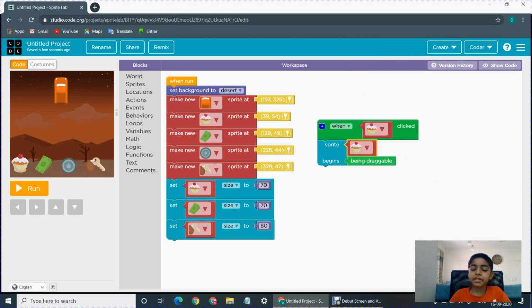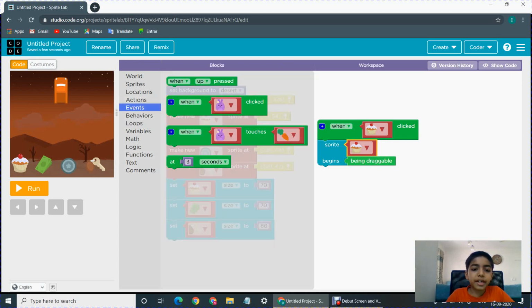This pastry is our sprite. But one thing is mandatory. Whichever sprite you choose here, that same sprite should come here. For example, if you click money, pastry should not be draggable. That money should only be draggable. So our sprite should be same.